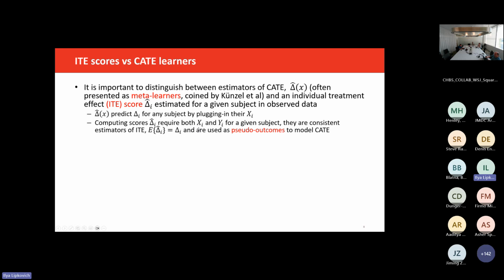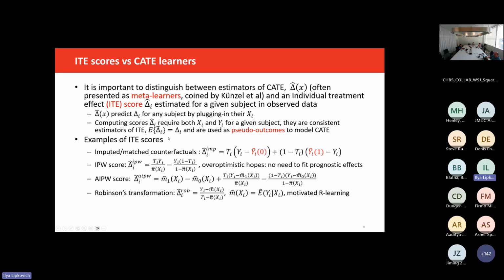It's a score that you compute for a given patient, and the challenge is that for a given patient, even though you observe the outcome and X, you don't observe two potential outcomes, so you somehow impute that potential outcome with the hope that the estimated score in expectation gives you the true delta, and we can call it a pseudo outcome.